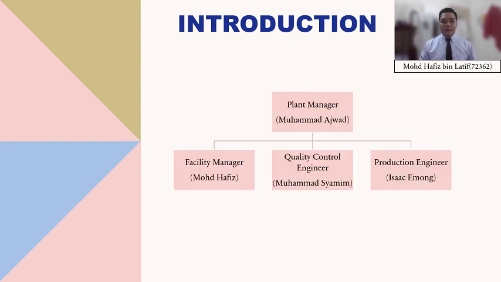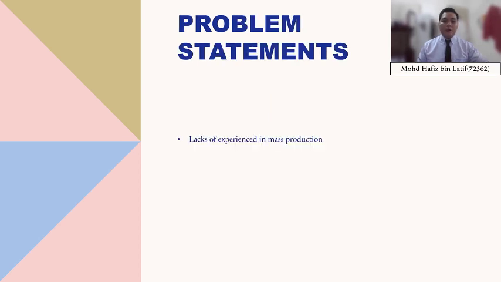Next, as you can see here is the organization chart for Company Z. The plant manager is Muhammad Ajwad, the facility manager is me, Muhammad Hafiz, the quality control engineer is Muhammad Syamim, and Isaac Emong is our production engineer. For the problem statement, we have identified that Company Z lacks experience in